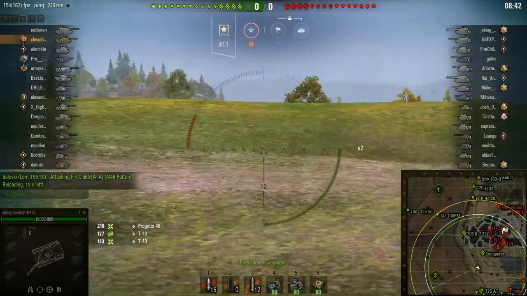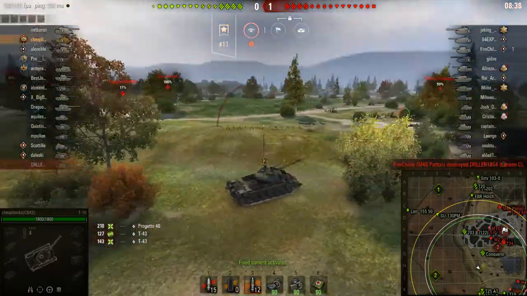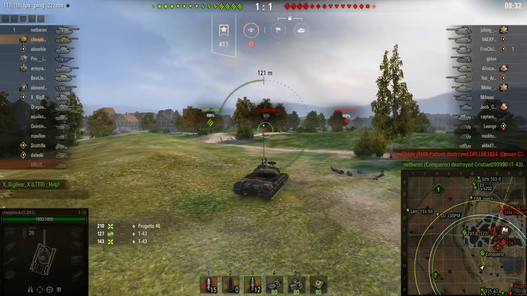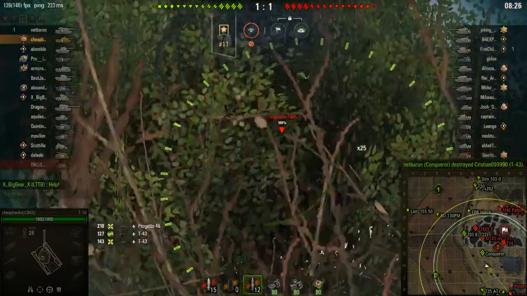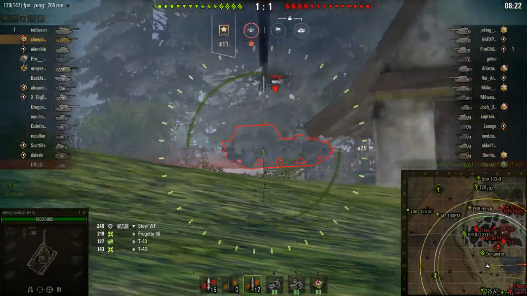So you can see I hit him for 210. My allies are over here playing in a hull down position, but that's not what I'm going to do. You want to deal with one enemy at a time. Once he was dealt with, I'm moving on and I'm trying to decide which enemy target to go after next. So we discovered that there's a new tank over here,